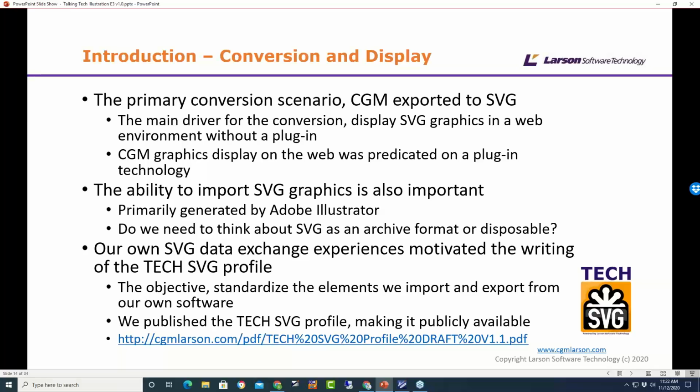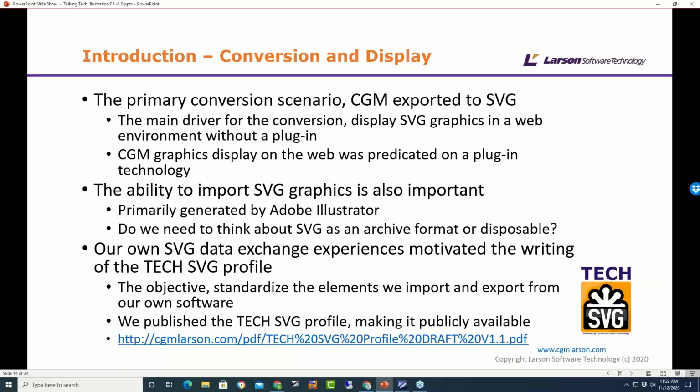So what we did, to try and standardize, certainly within our own environment, and probably to socialize to other software vendors, is create a Tech SVG profile, which standardizes on certain elements within the SVG file.